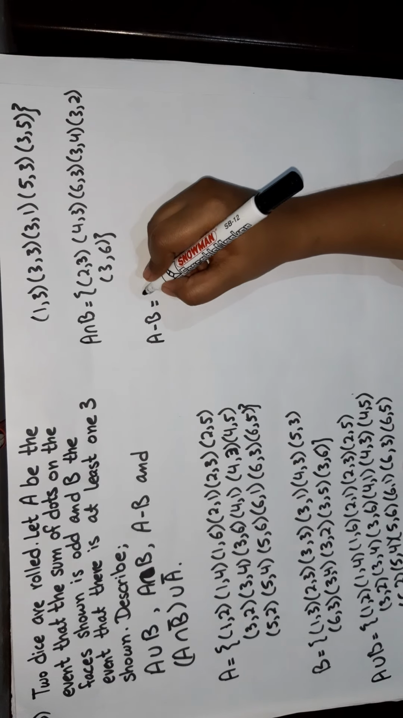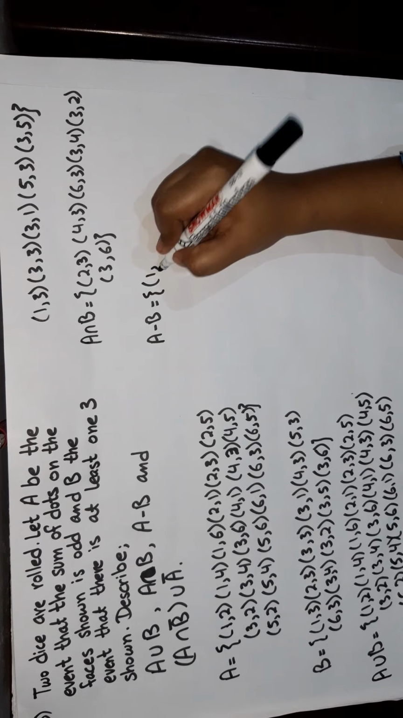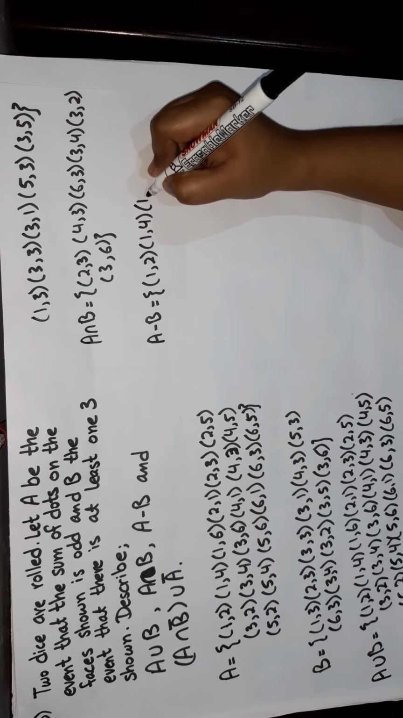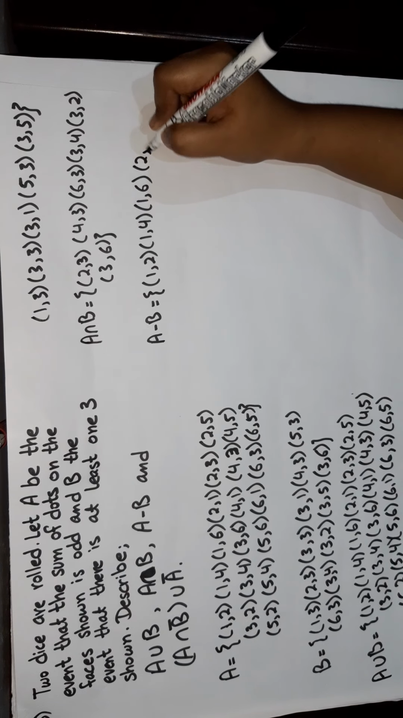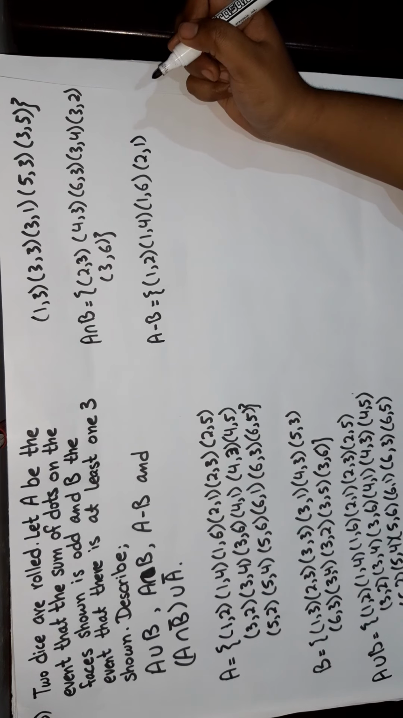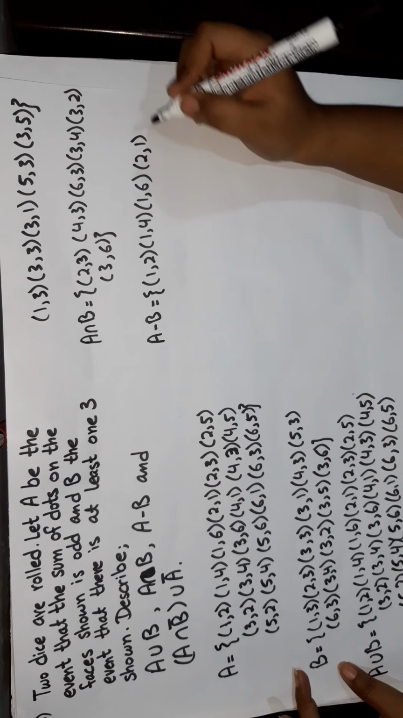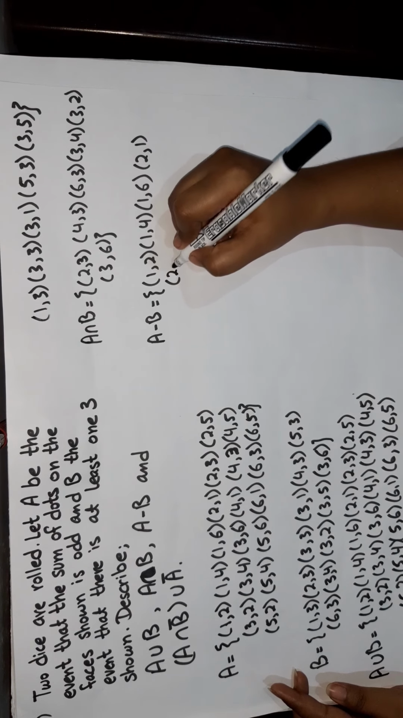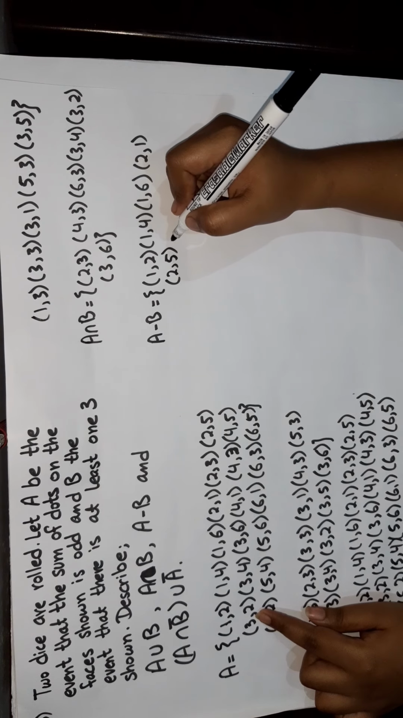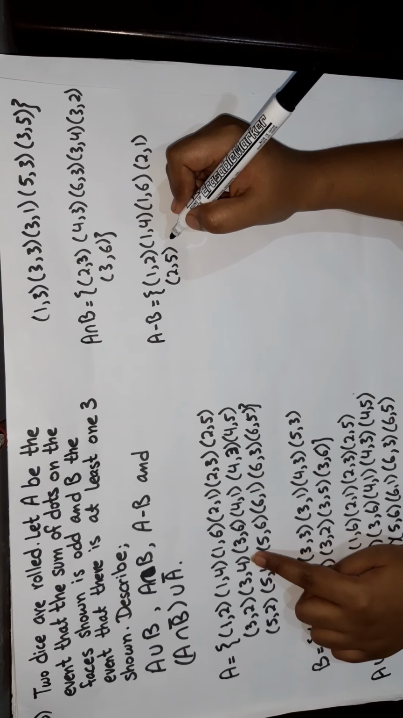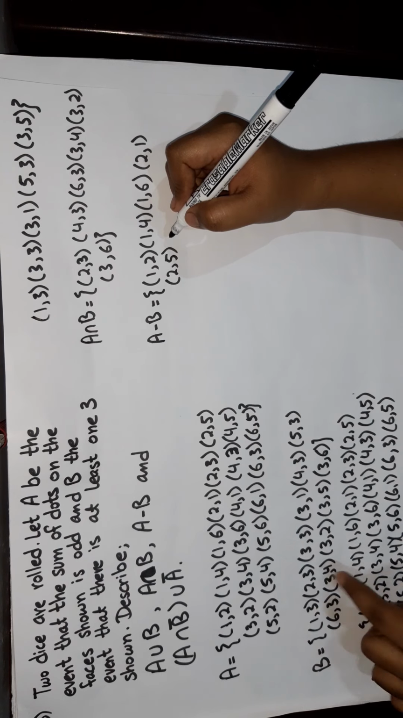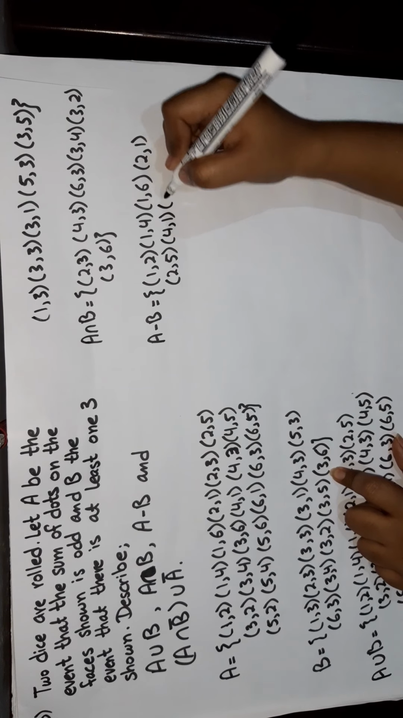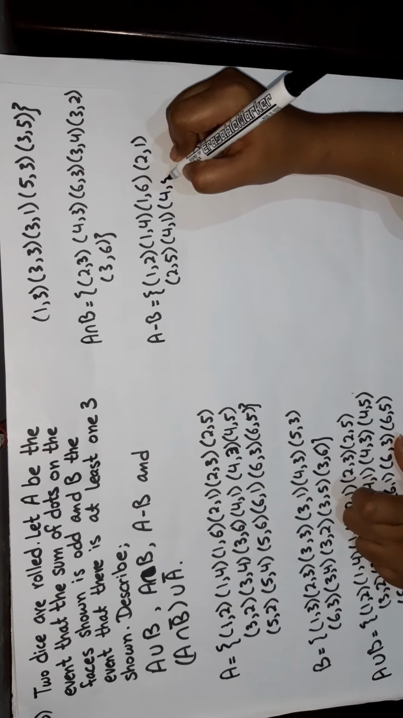So here we'll see 1 2 is not in B, so we can write it. 1 4 is again not in B, 1 6, 2 1. But 2 3 is present in event B, so we will not write it, we will subtract that. Again 2 5. 3 2 we will not write. 3 4 we will not write, 3 6 we will exclude, then we will write 4 1, 4 3 is excluded, 4 5,